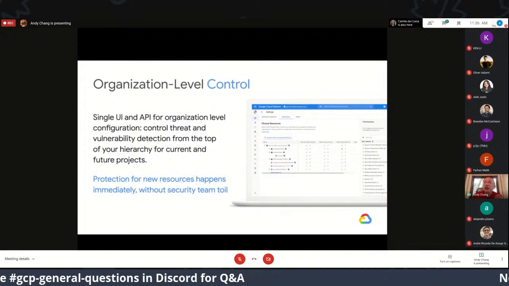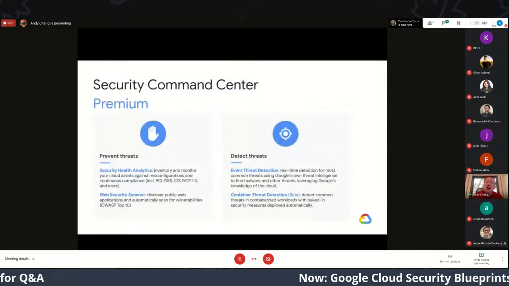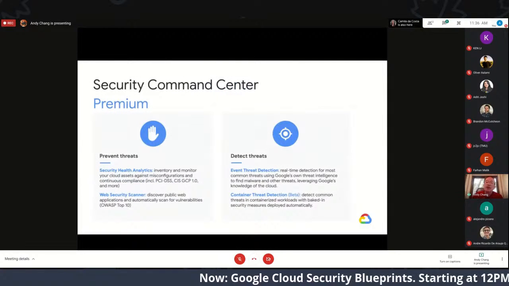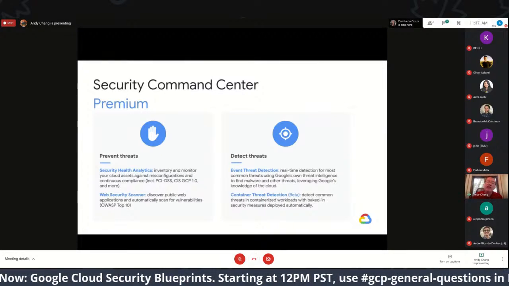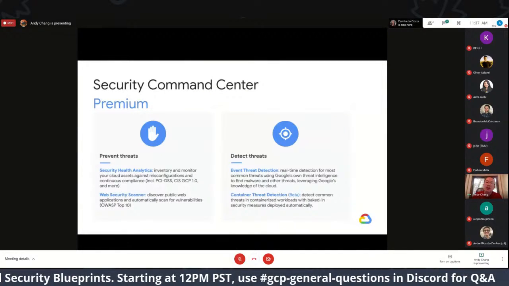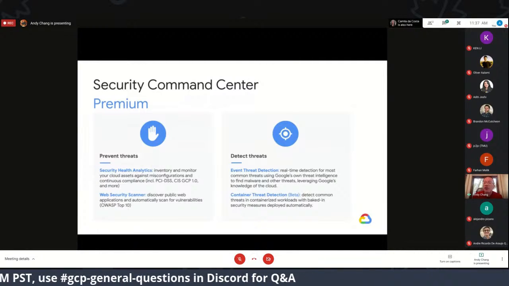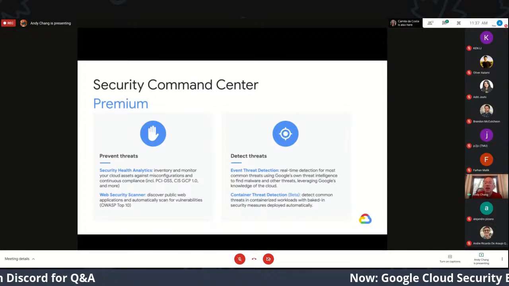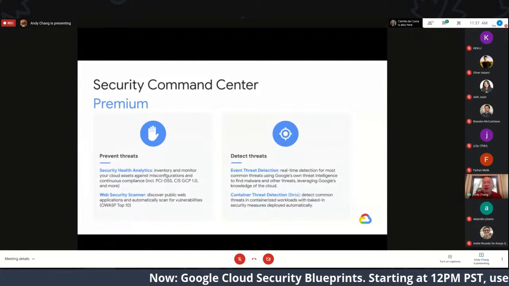And so first step, providing that central place for coordination, for control. When we think about the premium version of the product, we really are thinking about 4 main native Google security detectors that help you become more secure. On the prevention of threat side, which means the finding of vulnerabilities, the finding of weaknesses in your system, it's focused around 2 things. Security health analytics, which provide